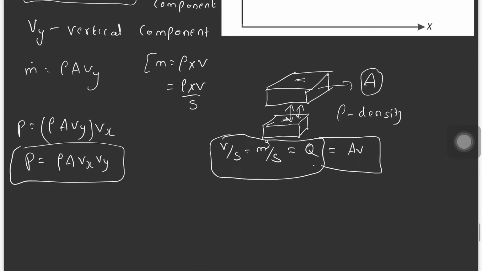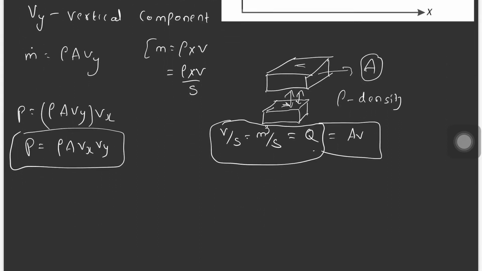Okay. From Newton's second law, what can we say? Momentum transfer or change in momentum is equal to force acting. Okay. From this we know, if you want to find out shear stress, what will you do? Tau, shear stress, is equal to force per area. We know what is force.